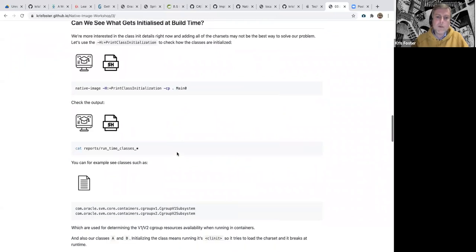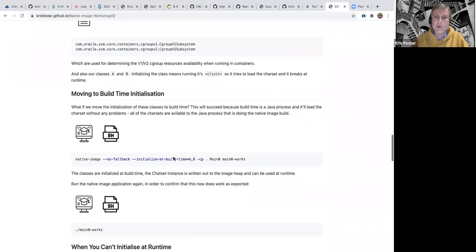But we can also, which is the point I was getting to, initialize class A and class B at build time. We can tell the native image that we want both of those classes to be initialized at the time of build, and therefore all of the things they need will be available. Native image will have full visibility of everything, including the char set, and we'll package it in. So if we try this out,